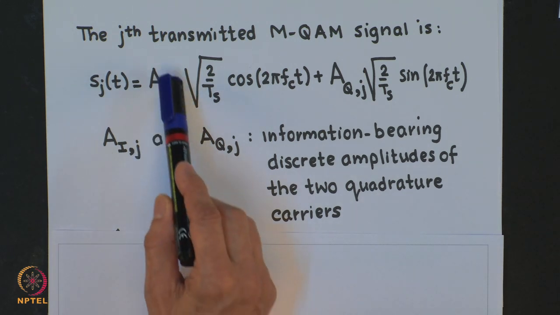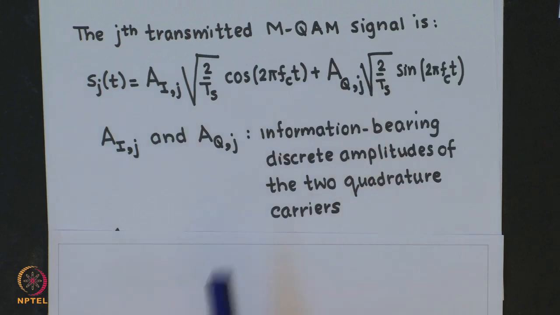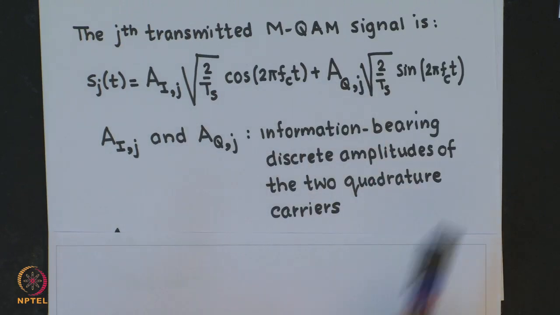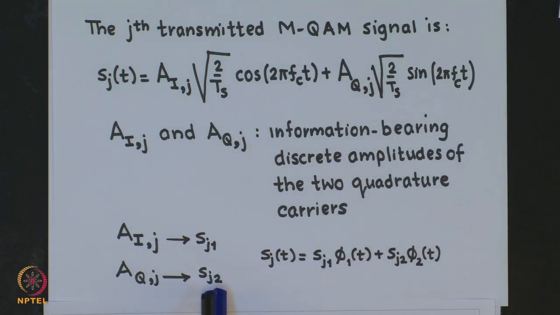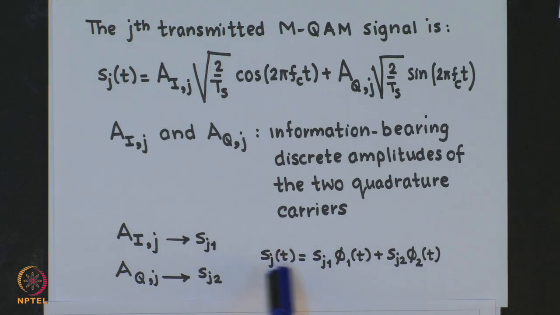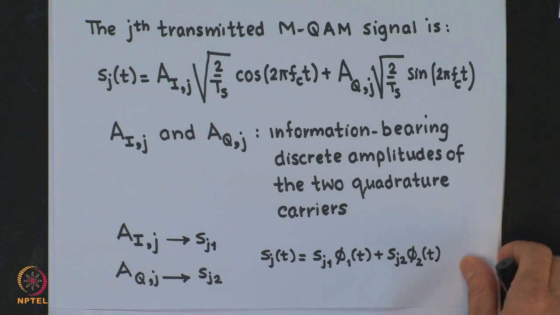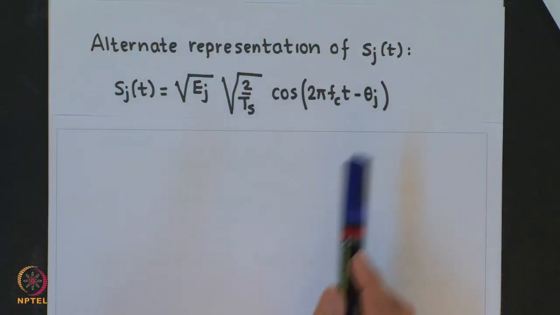Also note that a_Ij and a_Qj are precisely the coefficients s_j1 and s_j2 respectively in the usual representation of the signal s_j in terms of the orthonormal basis signals phi_1(t) and phi_2(t). The alternate representation of s_j is as follows. Now, in this representation,